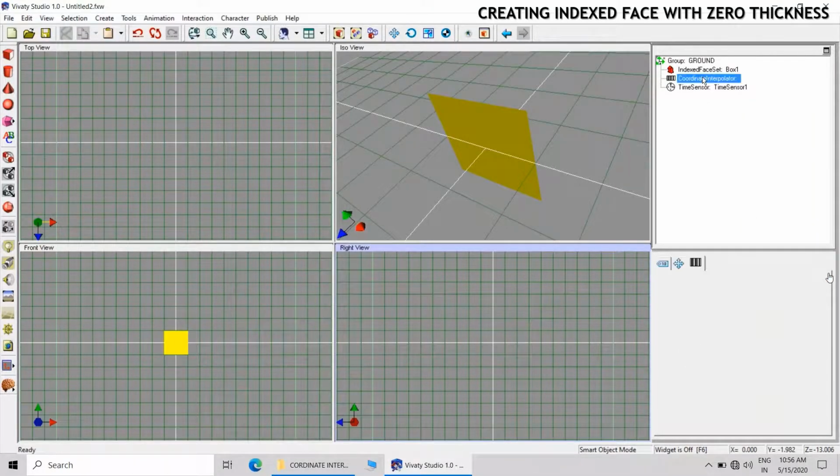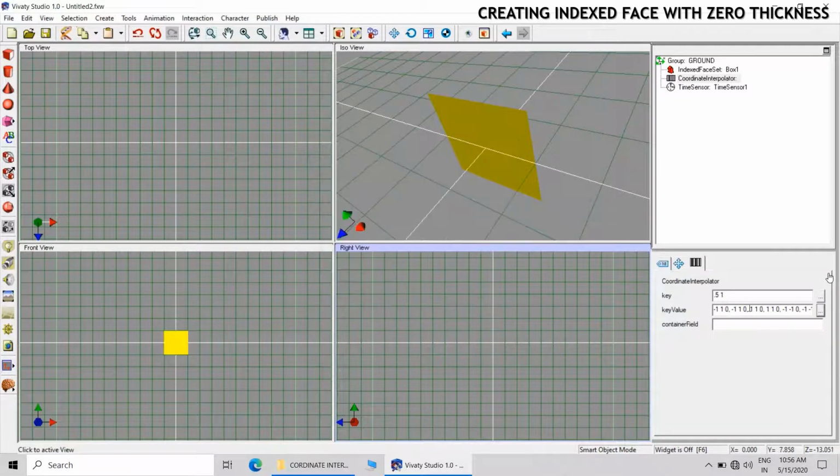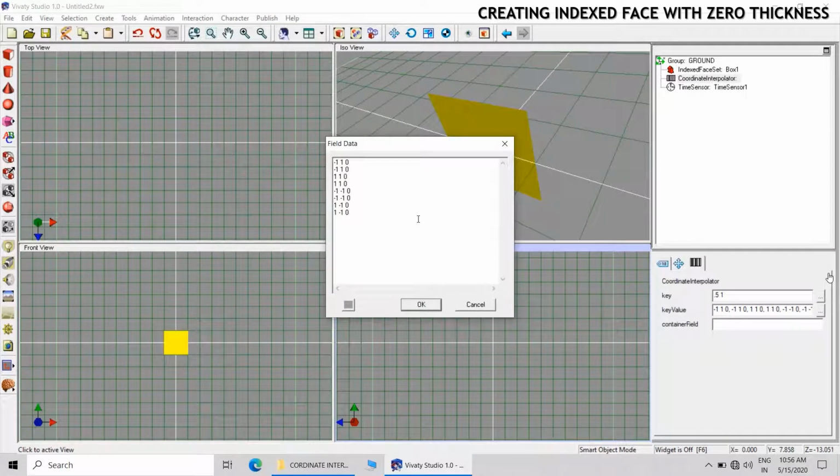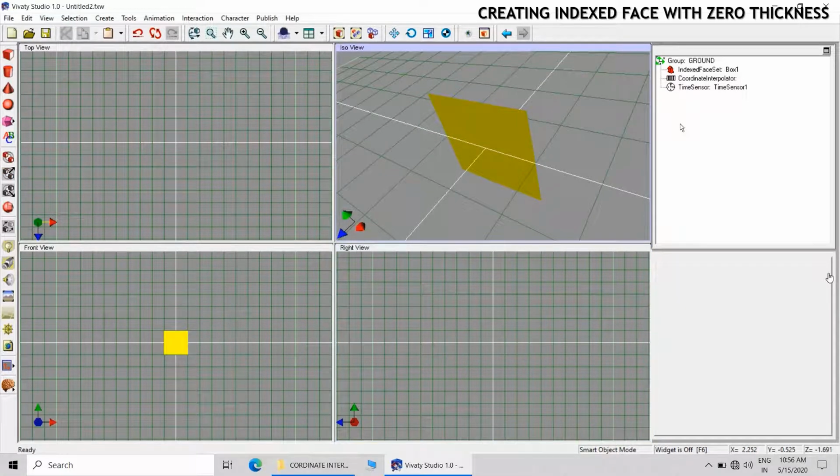Now instead of pasting the key value here, I will suggest that you paste the key values in the text file itself, because when you paste the key values over here, your solid will again be translated with some thickness. Then I have changed the coordinates as 0.5 0.5 at two places.